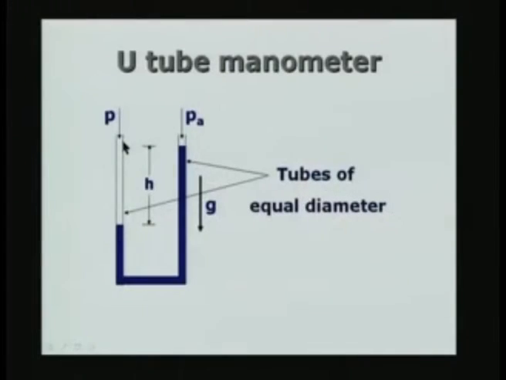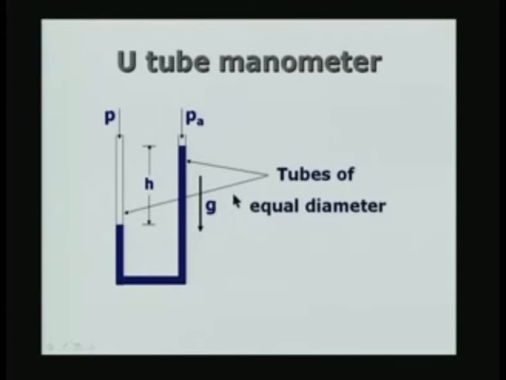most of us do use it in the laboratory, and it simply consists of two tubes as shown here, two tubes of equal diameter connected by a tube here. What is important is the diameter of this tube and the diameter of the tube. The vertical legs of the U-tube must have the same diameter. So, U-tube manometer, the two vertical legs have the same diameter. The one which is bridging the two need not have the same diameter, it could be of any diameter.